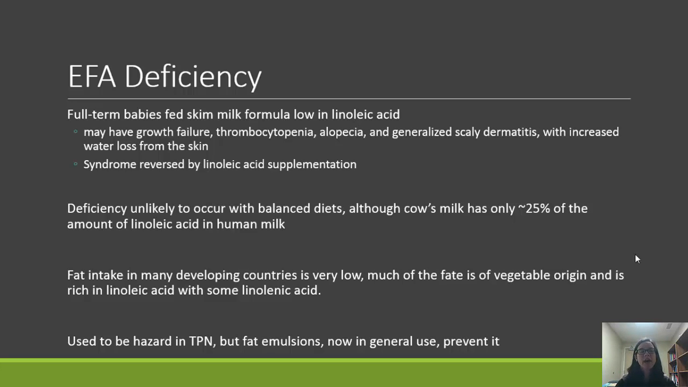infants. So if a baby is fed this skim milk formula, they can have growth failure, thrombocytopenia, alopecia, and scaly dermatitis because of the increased permeability in the skin and water loss from the skin. But when we supplement these infants with linoleic acid, the symptoms go away. So deficiency of essential fatty acids is unlikely to occur with a balanced diet, although cow's milk only has about 25% of the linoleic acid in human milk. It's still adequate. And we see that,